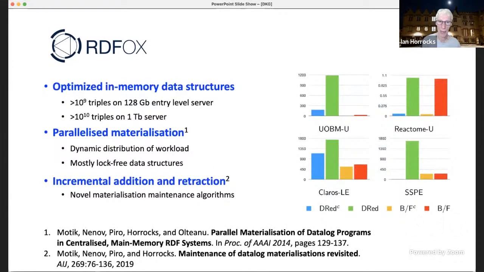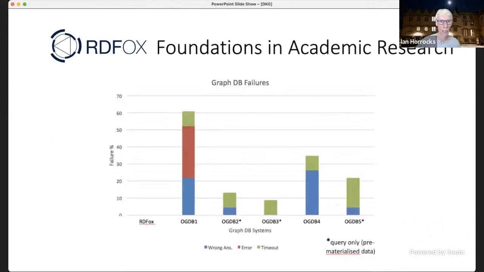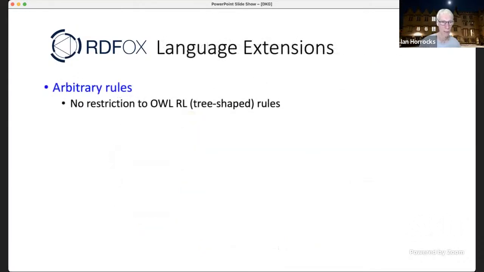And I just wanted to hark back to foundations in academic research where all of this stuff is backed up. The correctness of all of this stuff is backed up by a great deal of academic research and papers that you can look at and check that you really believe what we're telling you. And well, if you look at other systems that were built in a more ad hoc way, they're often quite broken, but I don't have time to go into that because I better finish up pretty soon, so you can ask me some questions. The last thing I wanted to mention was language extensions.